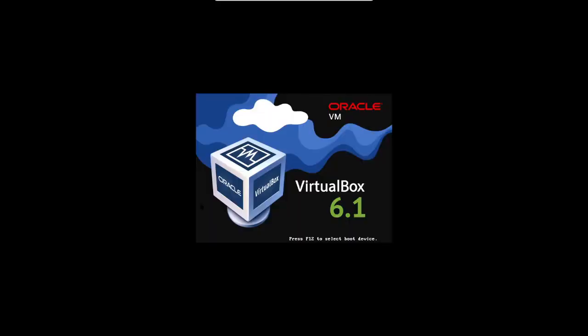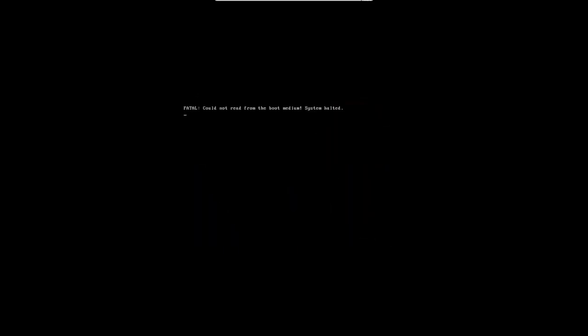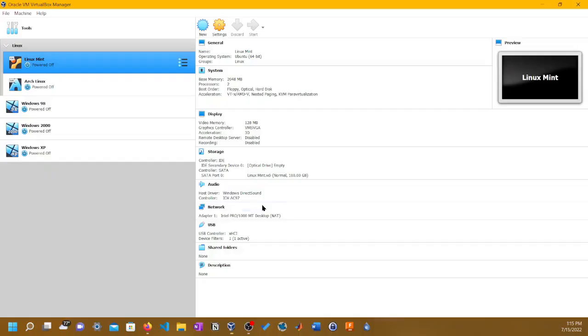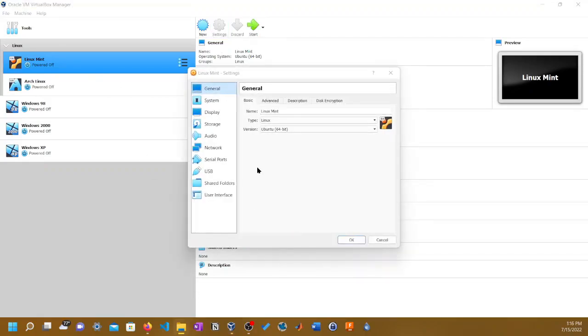Oh, maybe that. I think I have an idea. Yeah, that's a bad idea. I don't have any other USB drive to test. I forgot that Linux Mint is right in the external hard drive.